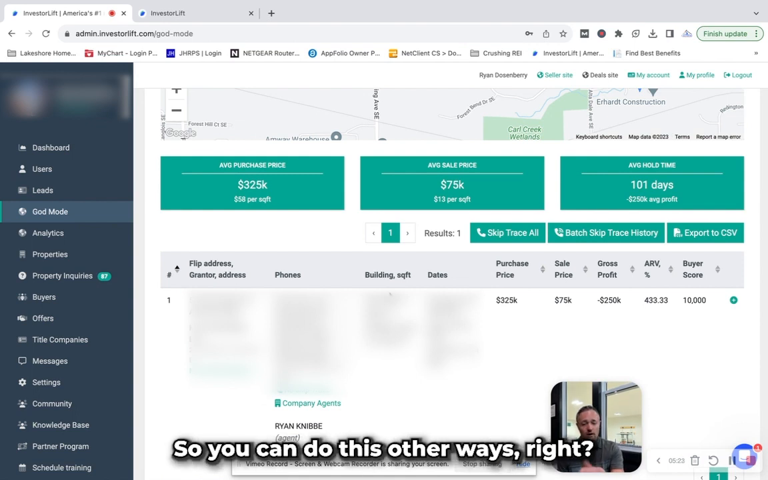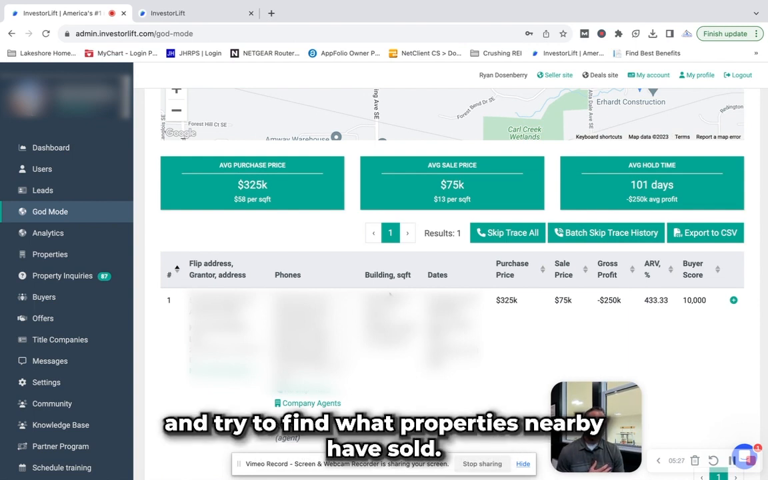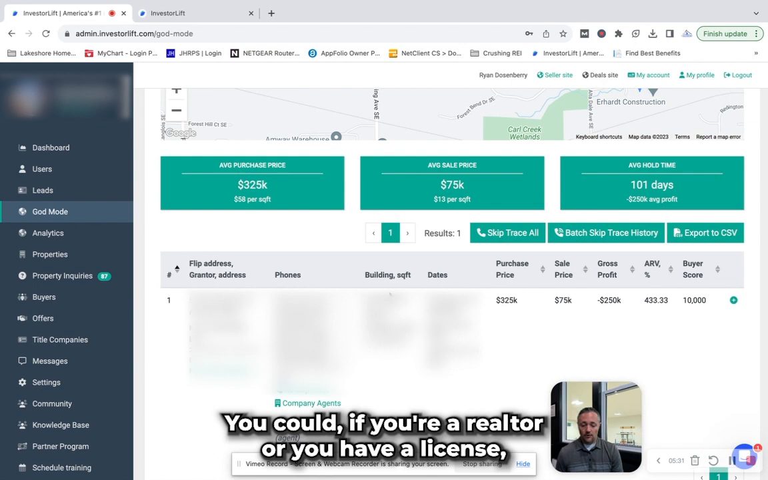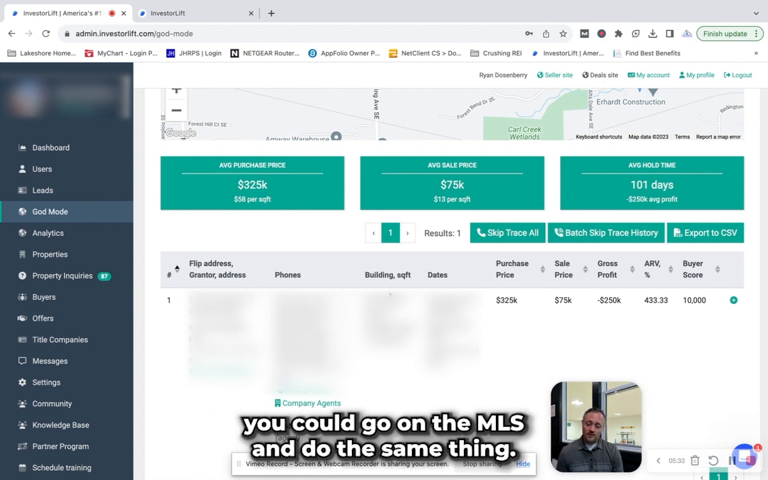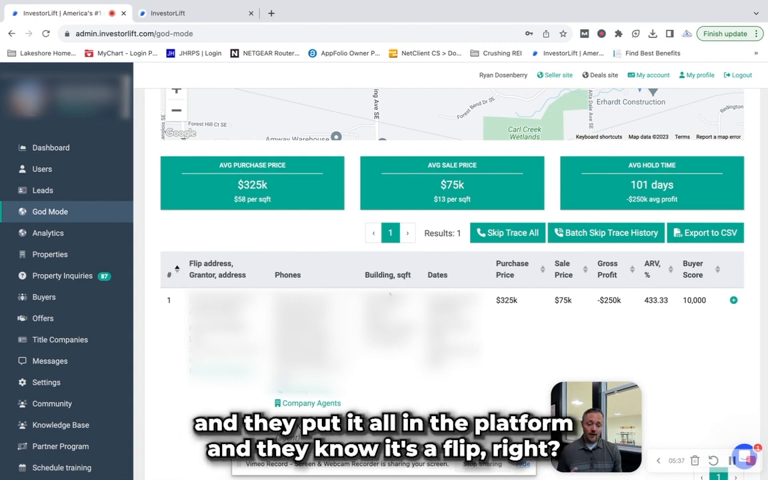So you could do this other ways, right? You could go to Zillow and try to find, okay, well, what properties nearby had sold. You could, if you're a realtor, you have a license, you could go on the MLS and do the same thing. But InvestorLift takes all that data and they put it all in the platform, and they know it's a